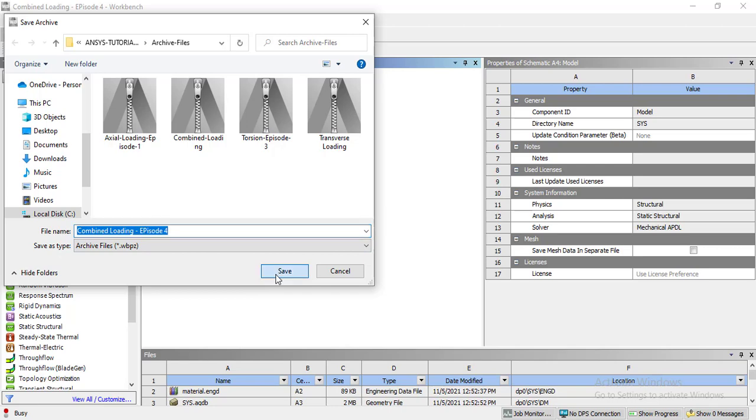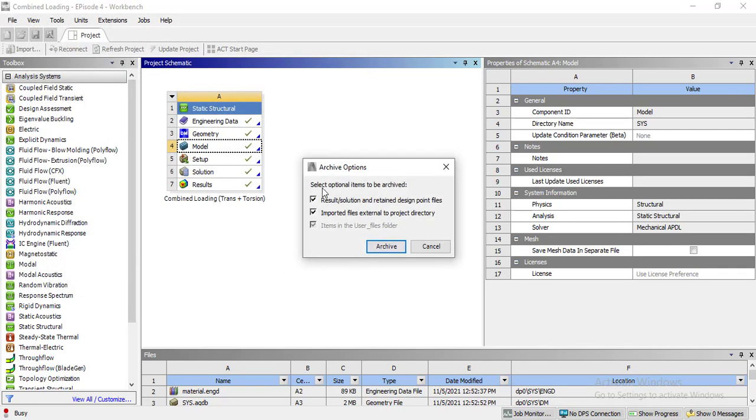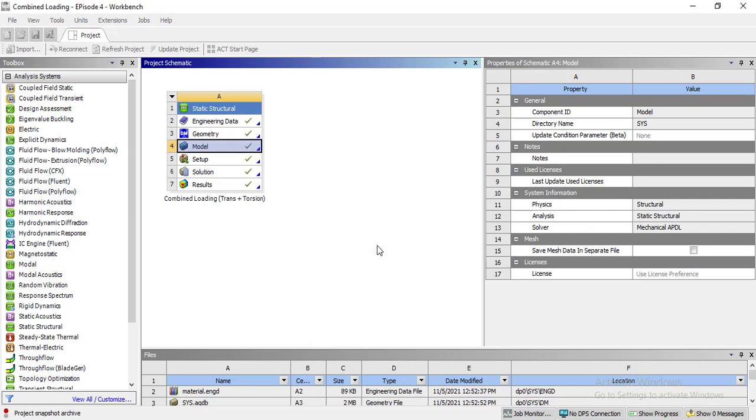Click Save button and checkbox all these and select Archive button. A single archive file will be created which you can share with your supervisor or among your fellow friends so that they can view your results.